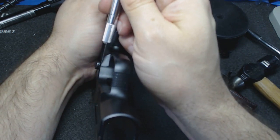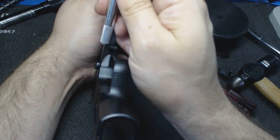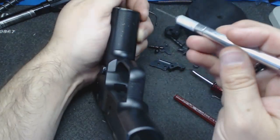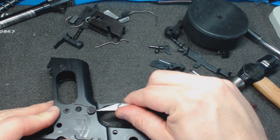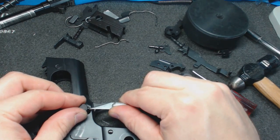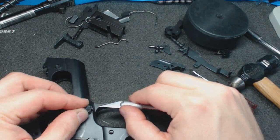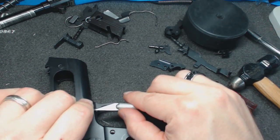The other half is actually engaging in a notch inside the frame, but you have to be able to disengage that pin, and it's under spring tension. So if I take something flat, I'll be able to push that pin in, and then the whole thing can pop up. But I don't want to lose that, or the whole thing will go flying. So that wasn't the best demonstration of how to safely do that, and I apologize, but